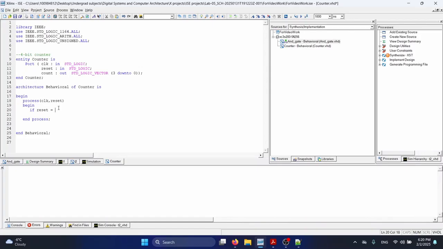is equal to 1, and you will notice I didn't mention this before, but equal in VHDL is just one equals sign instead of two like in any programming language, because the assignment operator in here is actually smaller than and then equals. That's why. So when the reset is 1, I want to set the counter to